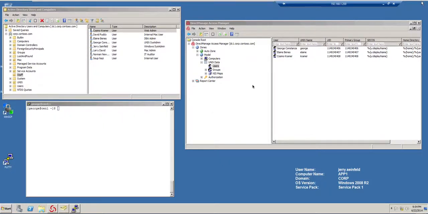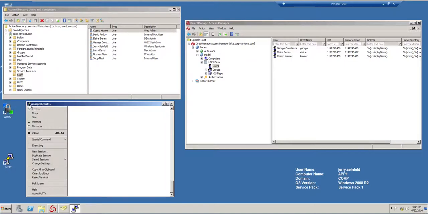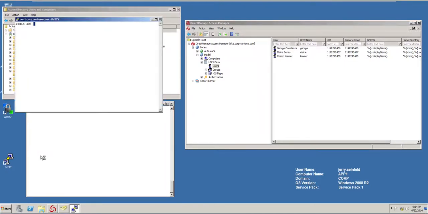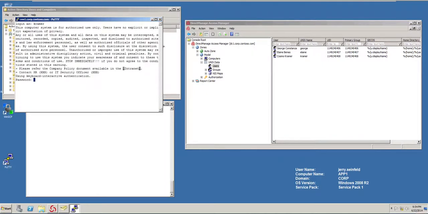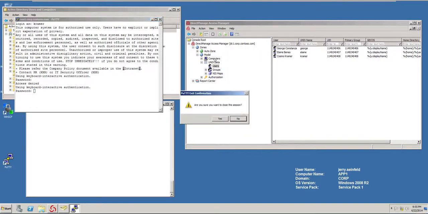In this video, we'll discuss a troubleshooting scenario in which a user has told the network administrator or the systems administrator that they're unable to access the centralized system. The user is Kramer. So Kramer actually tries to access the system and he basically gets access denied. At this point, he's tried a few times, and then he notifies, in this case, George,